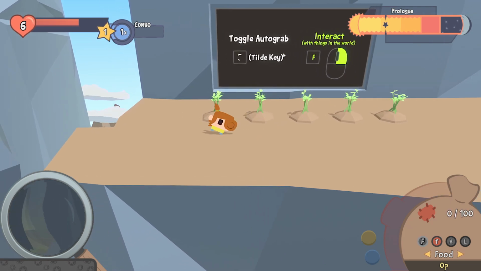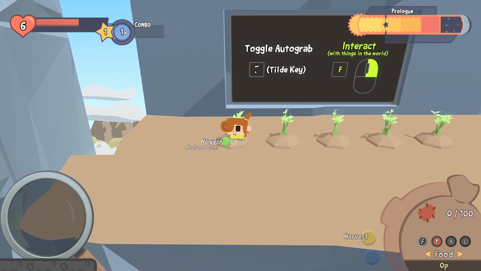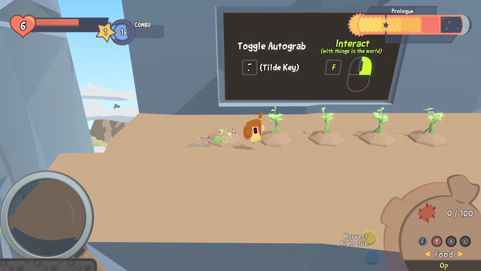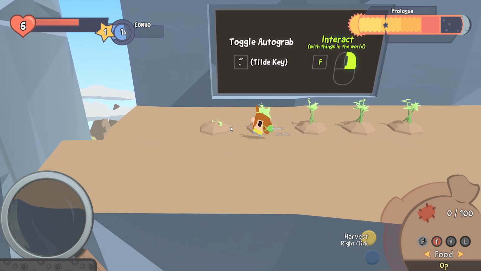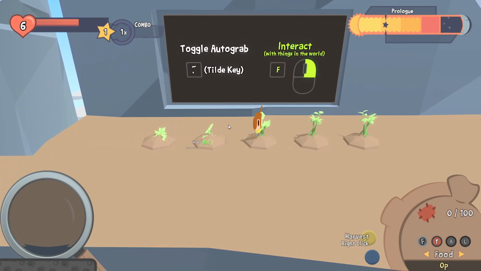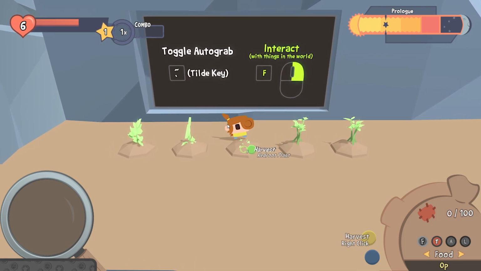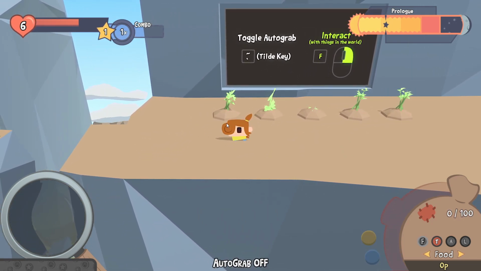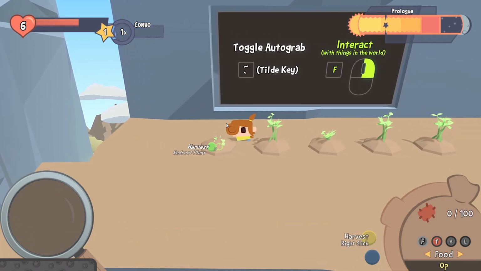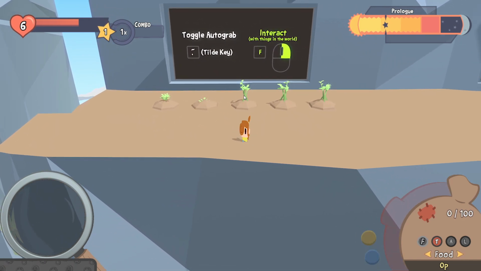Interact with things in the world will be the F key or right mouse button. So I hit tilde, auto grab is on, so I just walk over stuff, I assume. Which again feels a little awkward. Oh, it looks like it's progressive. So it doesn't grab it all at once, it progressively harvests it. Again, with the inertia, it's hard to just stop on top of the thing if you're just trying to pick it up. But